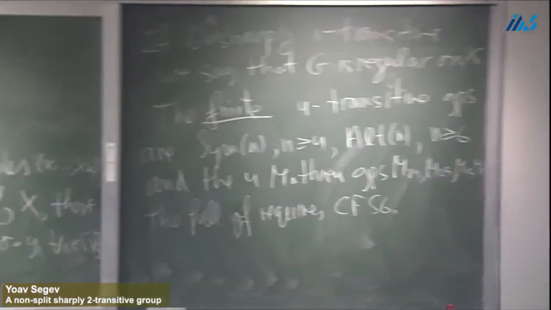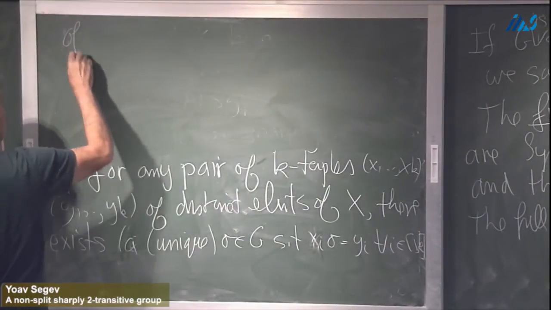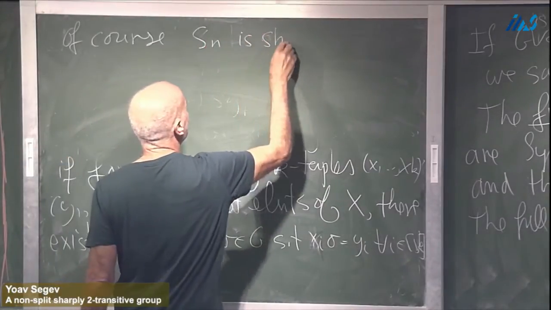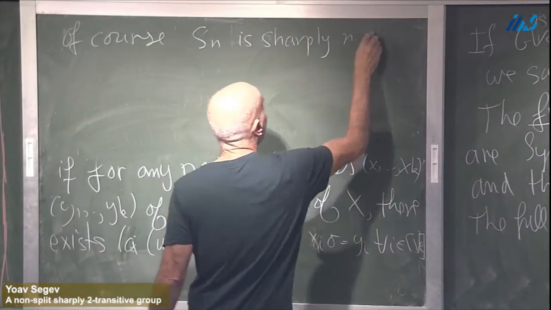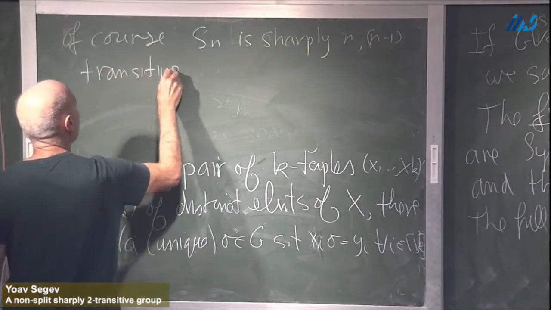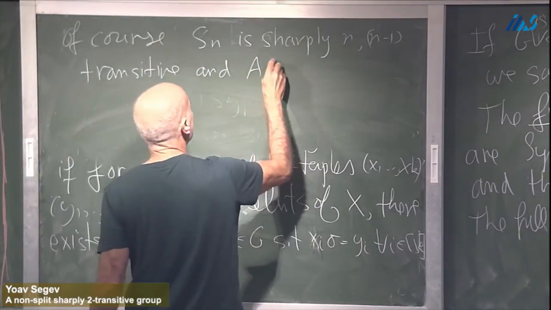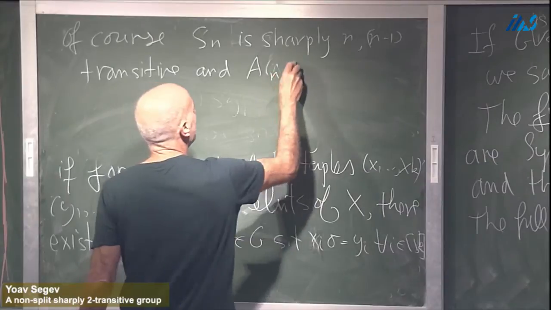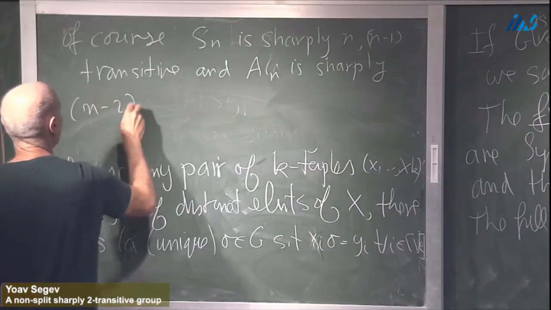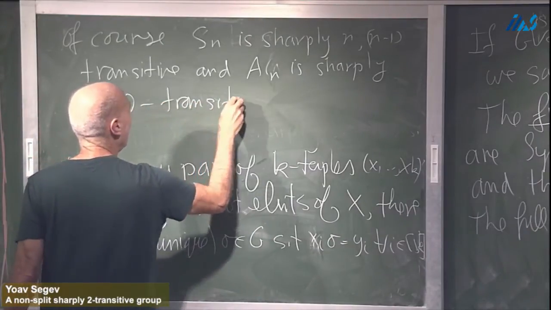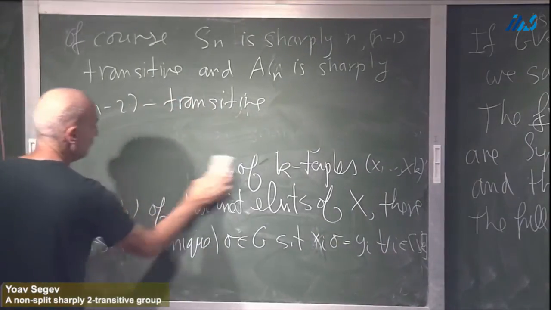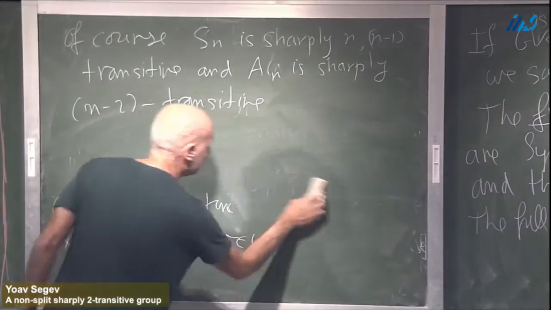Okay, so of course, I just note that Sn is sharply n-transitive and n minus 1 transitive, and An is sharply n minus 2 transitive, and a theorem of Jordan that dates to 1872 says the following: